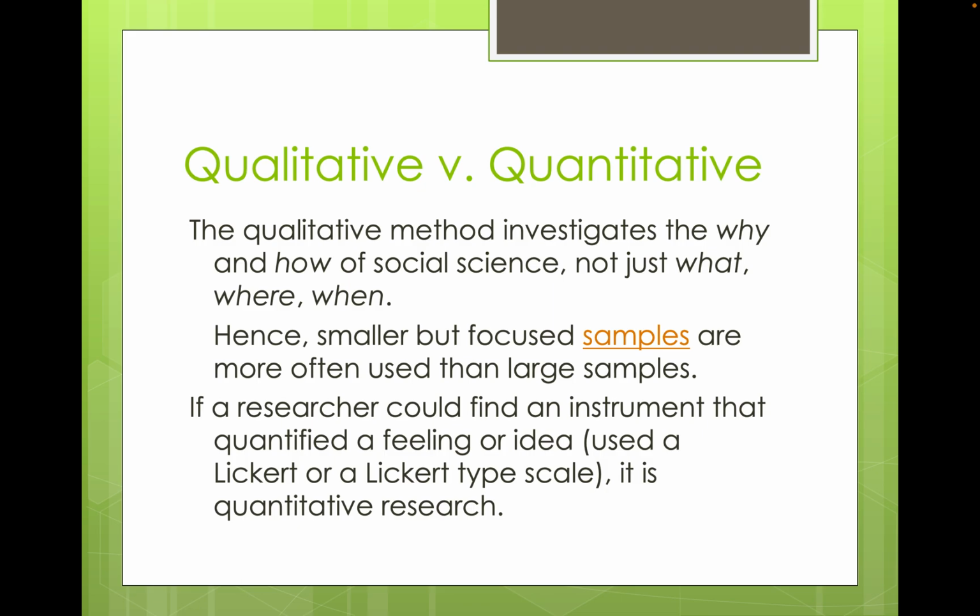The qualitative method investigates the why and the how of social science, not just what, where, and when. Hence, smaller but focused samples are more often used than large samples. If a researcher should find an instrument that quantified a feeling or an idea, used a Likert or Likert-type scale, it is quantitative research. So if we're saying on a scale of 1 to 5, with 1 being not at all and 5 being very much,